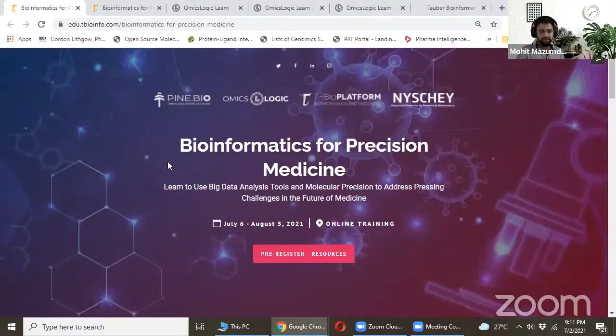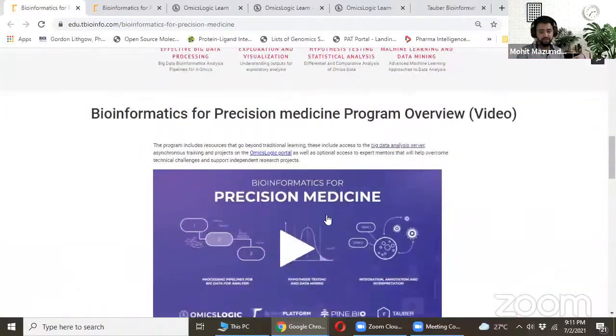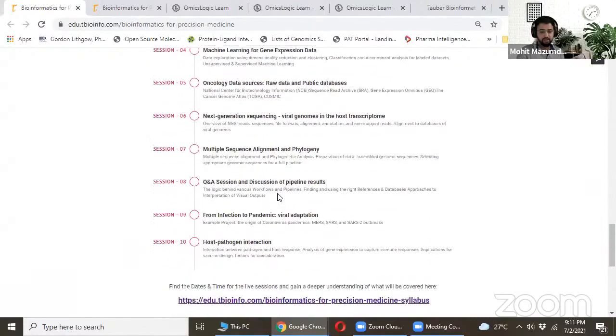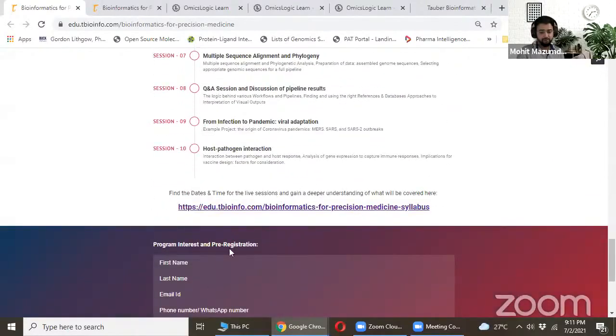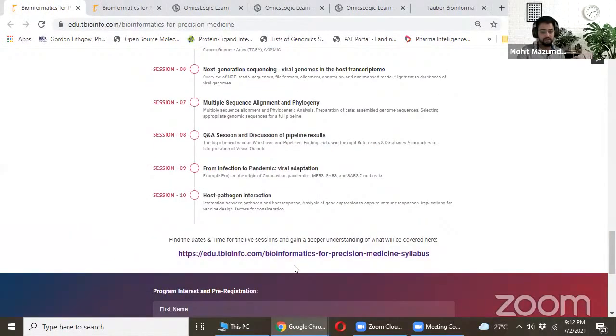So this is the pre-registration page where we all started, and many of you have pre-registered here. On this page, we have a video overview, and then we have the session details. Along with that, there's a form that many of you have filled out, and then we send out the emails. When you go through this page and want to learn more about the sessions,